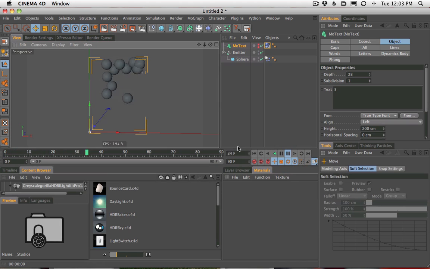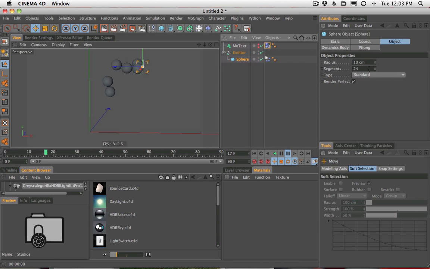So now if we hit play, you're going to see these spheres start to spit out into the 5 and fall around. You can see we have a problem already, but that's okay. That's easy to fix. We just need to shrink it a little bit. So let's shrink our spheres quite a bit. And you can see now we've got the basic animation going from this spot.